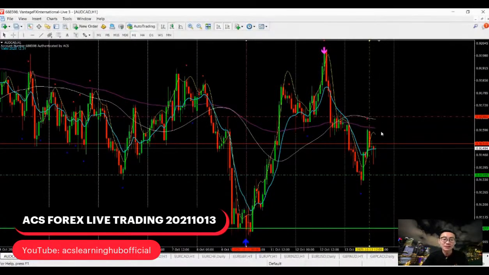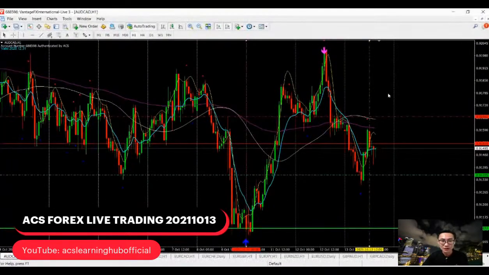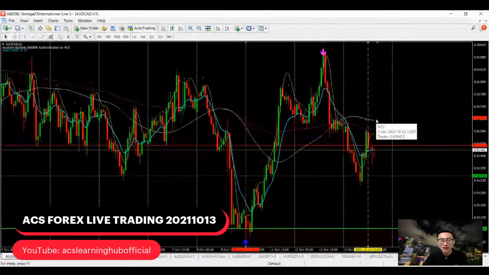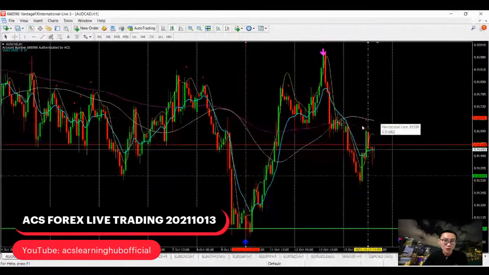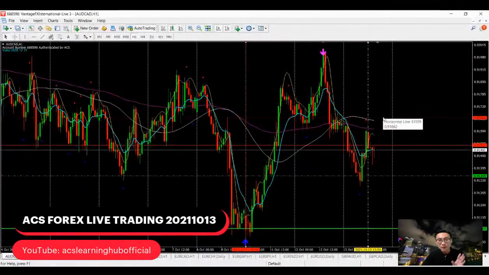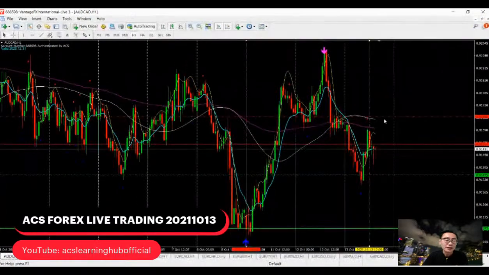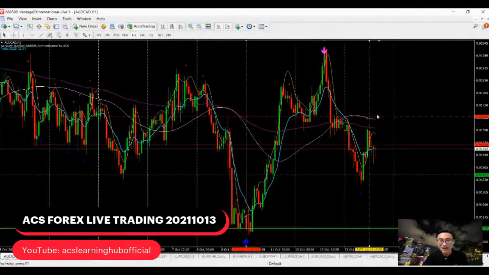Then from the currency pairs that I pick up, I will start to check where the resistance level is, where the market rejection point is, and from there I will start to plot it out. Once I plot it out, I will wait for it to hit the resistance. Remember, I want it to hit the resistance without breaking. Then I will start to look for my strength and my entry point once it hits.